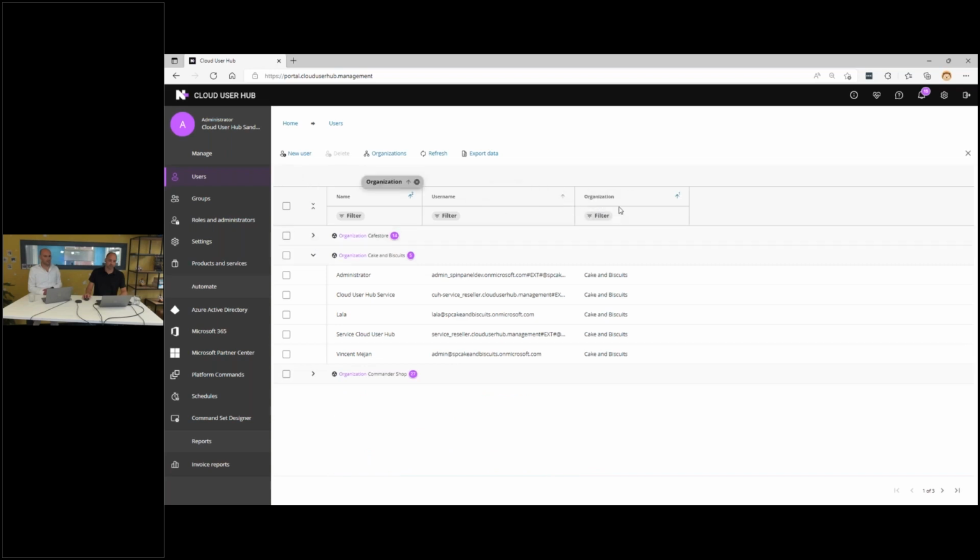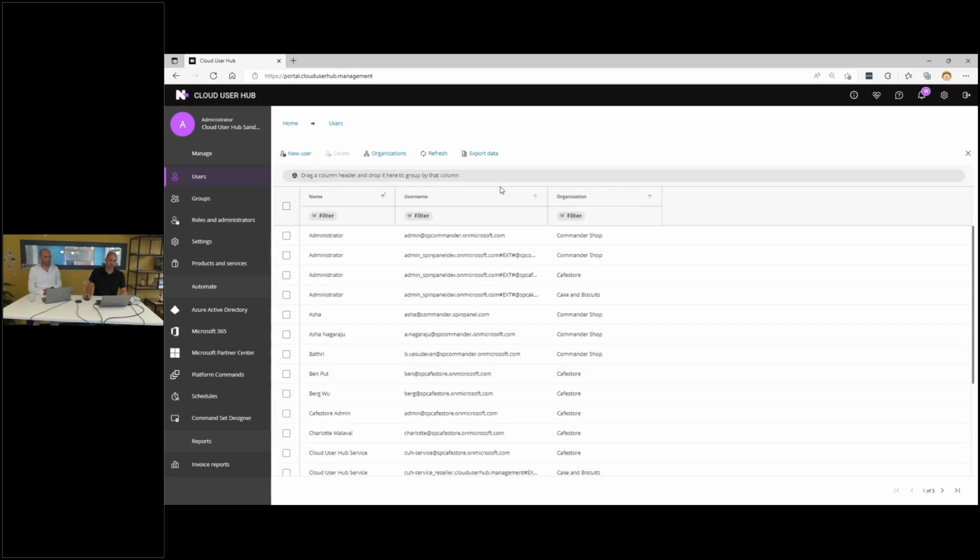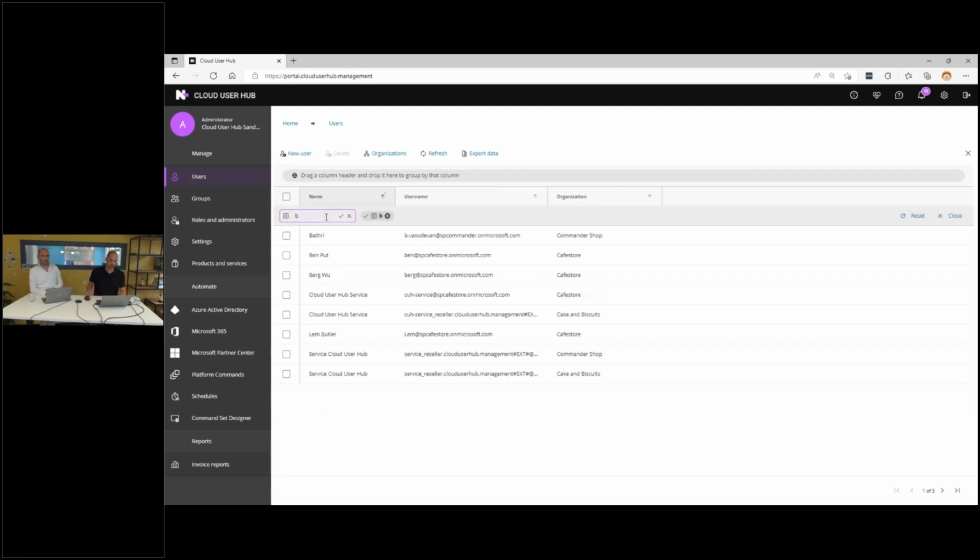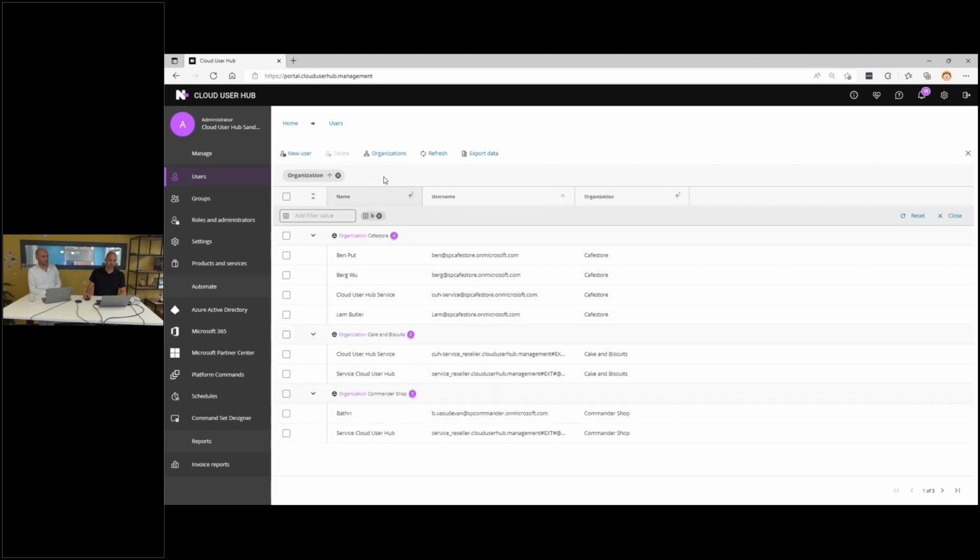You can drop that group, you can just leave it like that. Now it's all aggregated. I can search, so I can search users in all tenants. So let's do everything starting with a B, for example. You can see that I get users from different tenants, and then I can do the grouping again to get that more clear. And I even can export the data if I want to. So if I press export, it will generate a CSV export that I can use in external systems.